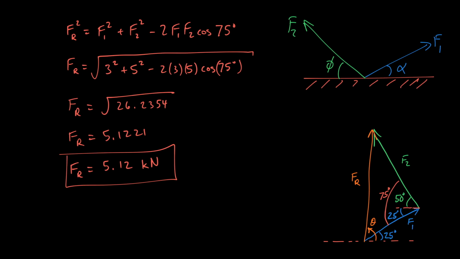Let me go ahead and copy this. Okay, so now I've copied this over here. So before we can find the angle theta, we have to first find this angle in here. Let's call that angle gamma, because that's the angle that's actually inside of the triangle. So we can use the law of sines to find this angle gamma. Since we know all of the side lengths now, and we know one angle, and we want to find another angle, using the law of sines,